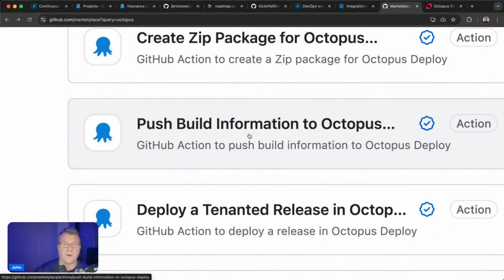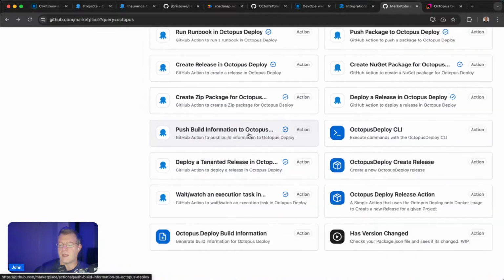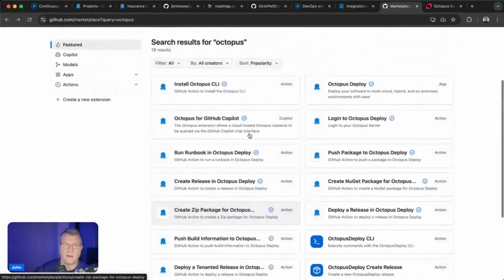This is a hugely powerful one. Build information is like all the commits that go into a repo. And let's say I want to use those to create release notes. We support that out of the box. You just push that build information to Octopus. We parse all that, we make it available for a particular release. And when you go to create a release, we automatically include that as part of the build information. It's super powerful. These and other types of actions I can execute in the context of a workflow based